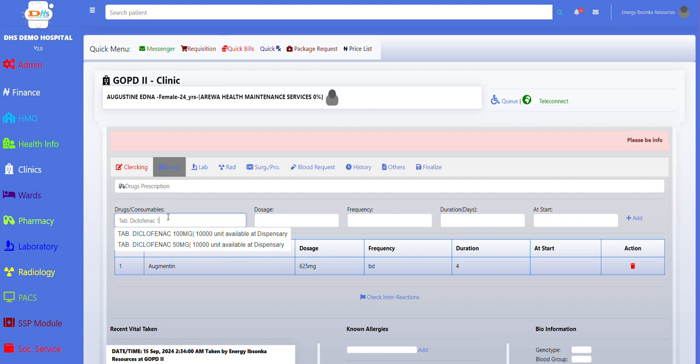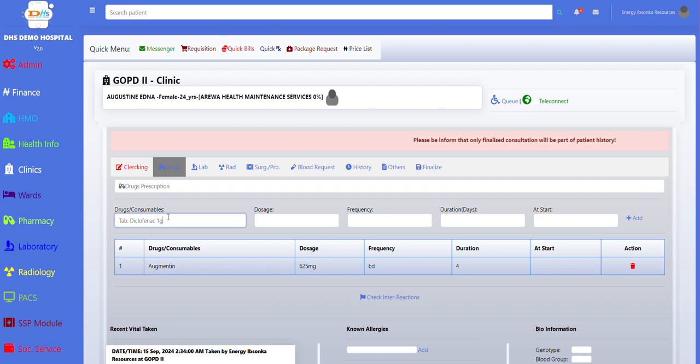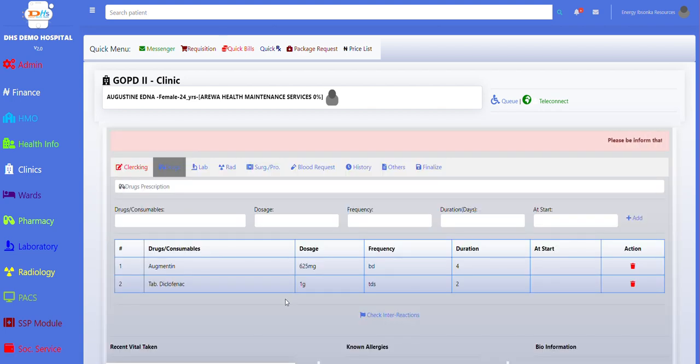So I can write anything I want. For instance, let's say I put something like diclofenac, let's say 1 gram. As you can see, there are no recommendations or hints given by the system. I can ignore that hint and continue with the dispensing. Let's say 1G here in the dosage, and then the frequency is TDS for 2 days, and click on that. So basically that is it for the